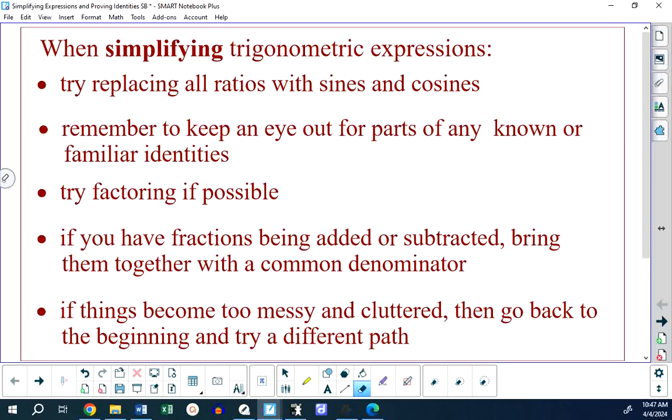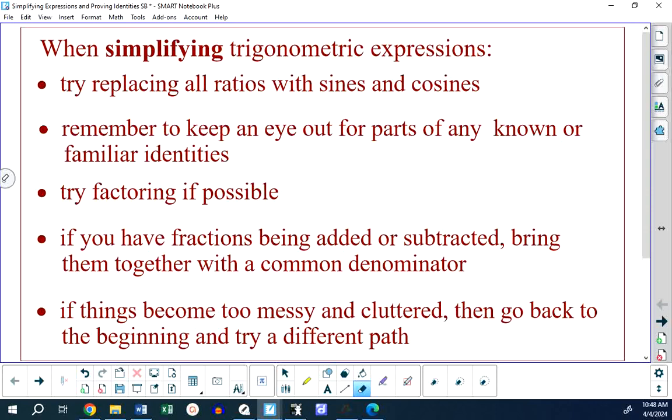You're working with fractions that are trigonometric. You're working with rational expressions that are trigonometric. So instead of having things from math 20-1 like x squared minus 4 over x minus 2, you have instead sine squared x minus cos squared x over tan x, or something along those lines. And I'm saying that in order for you to simplify a trigonometric expression, here are the following strategies that you